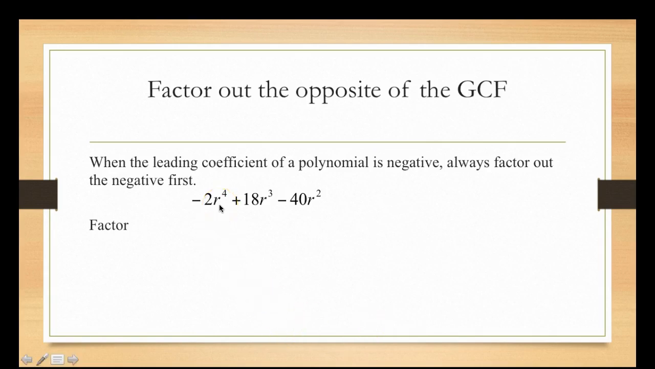Now lastly, if the leading coefficient is negative, the first thing we want to do is factor out our negatives. We do not want a leading coefficient to be negative. Next, once I factor out a negative 2r squared, then we want to use product sum. And what can you multiply to get 20? Add together to get negative 9. So the factors are